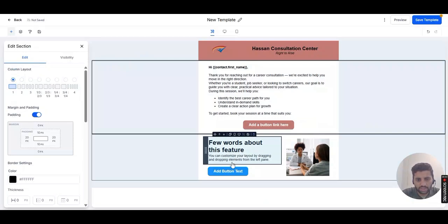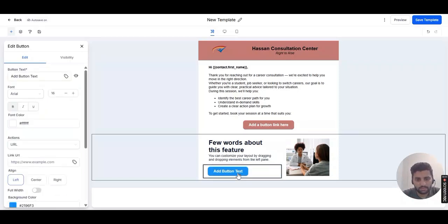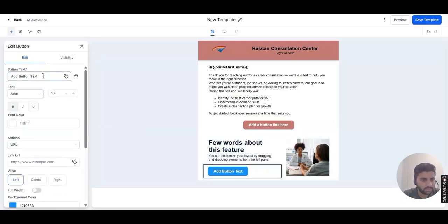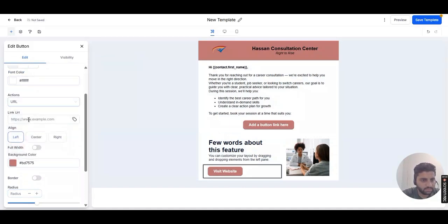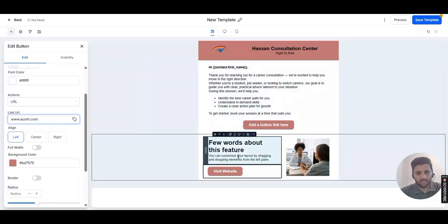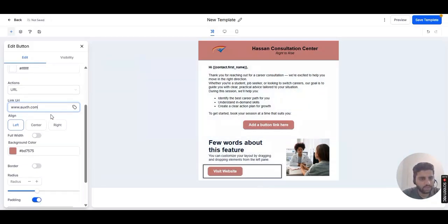And now you can change the text here as well. This is the button already given, and you can add your website link here. Let me show you how you can add a visit website button, and change its color like this, and the link should be www dot, currently I'm adding auxth.com. And at the end now we need to add the footer,